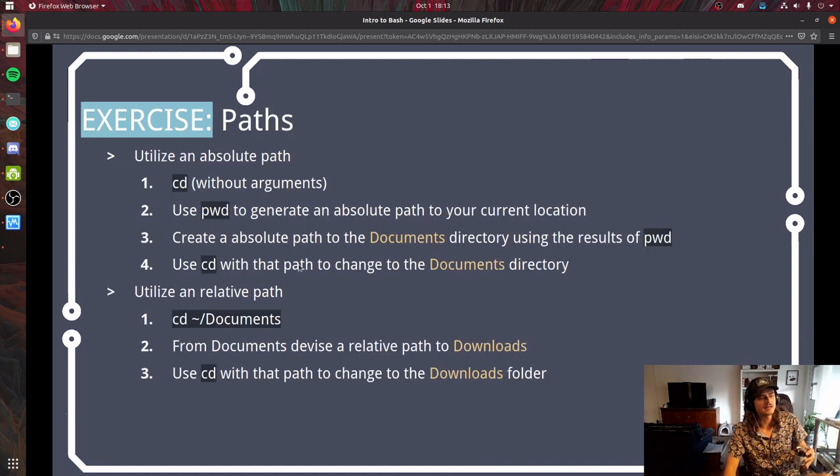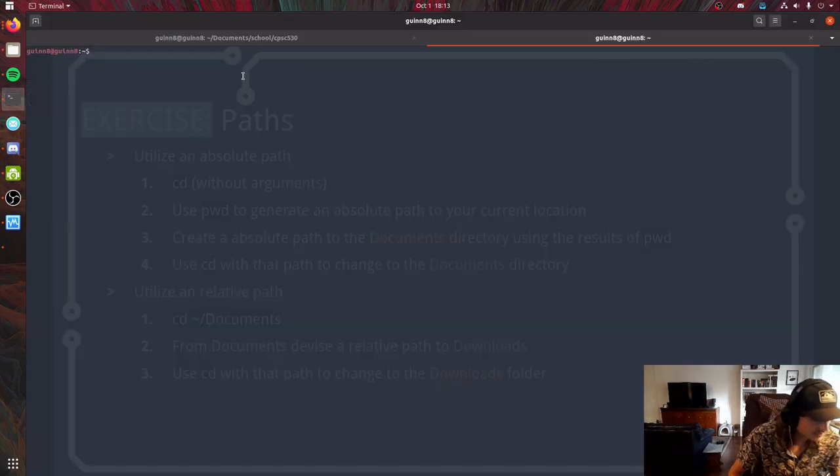But anyway, we've got some more exercises here, so I can show you guys what's going on in the terminal. We're going to utilize an absolute path first. So cd without arguments will take me back to the same place. I was already in the home folder. Now we're going to use pwd, that command I mentioned a little bit earlier, to generate the absolute path to my current location. So pwd, enter. Our absolute path to our current location is from the root folder to the home folder to the Gwin8 folder. Cool. So we'll copy that,